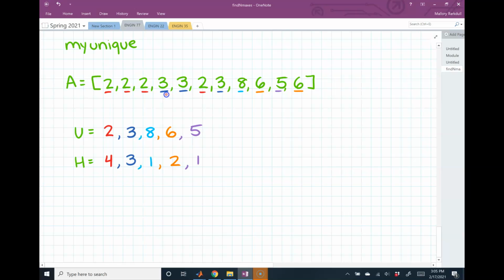So I wonder if we could find the first unique number, and then we can store it in U, in the first index of U, and then remove all occurrences